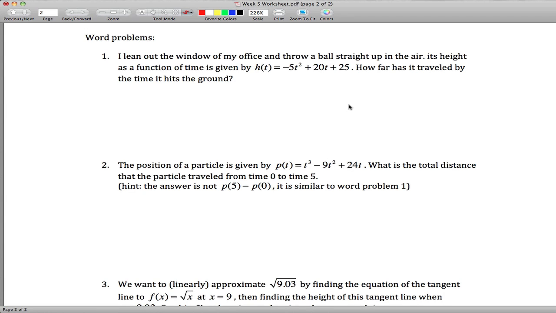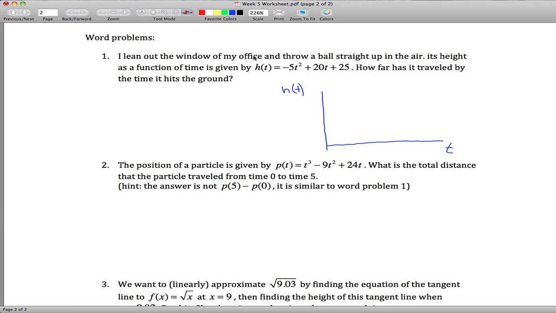All right, week 5 worksheet part 2. This first one, I don't think I'm going to really work it out. I left it in here. It's a week 4 problem, but I put it in here because I want you to think about it when you're doing problem 2 down here. Really what's going on in this problem